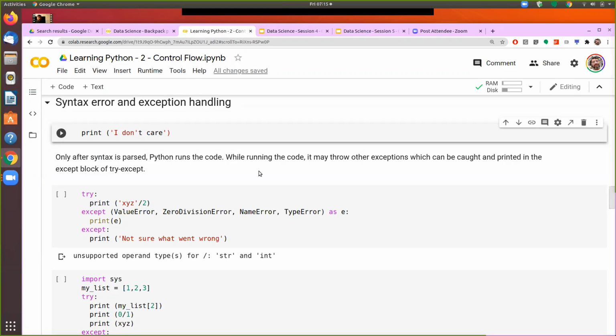What's the problem here? Because of the single quote, I think the system does not recognize the print. Yes, you're right. So how the system will interpret it: now that we are giving it inside a single quote, it will look for the next single quote to understand where the string ends.